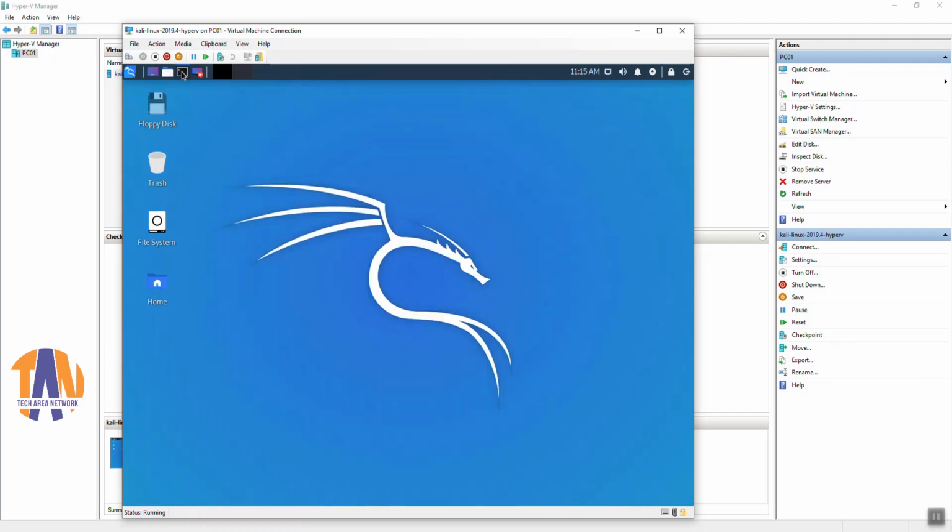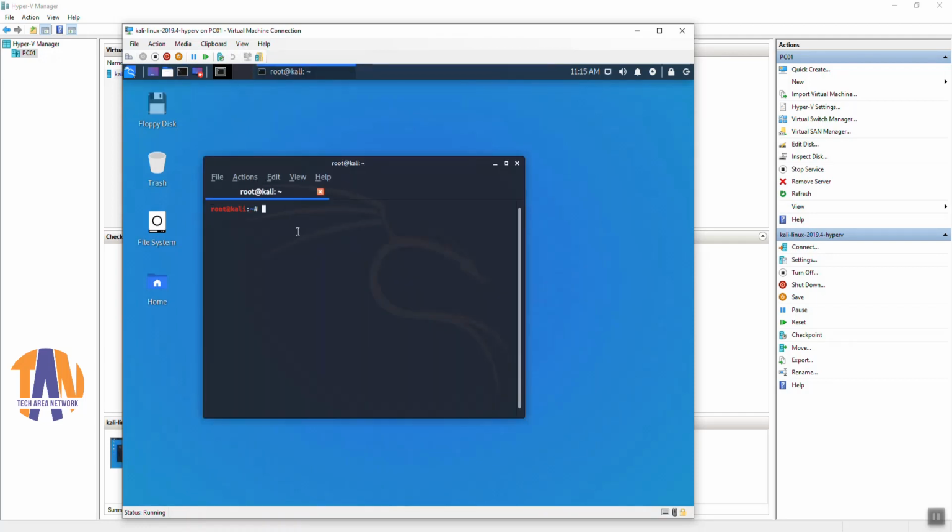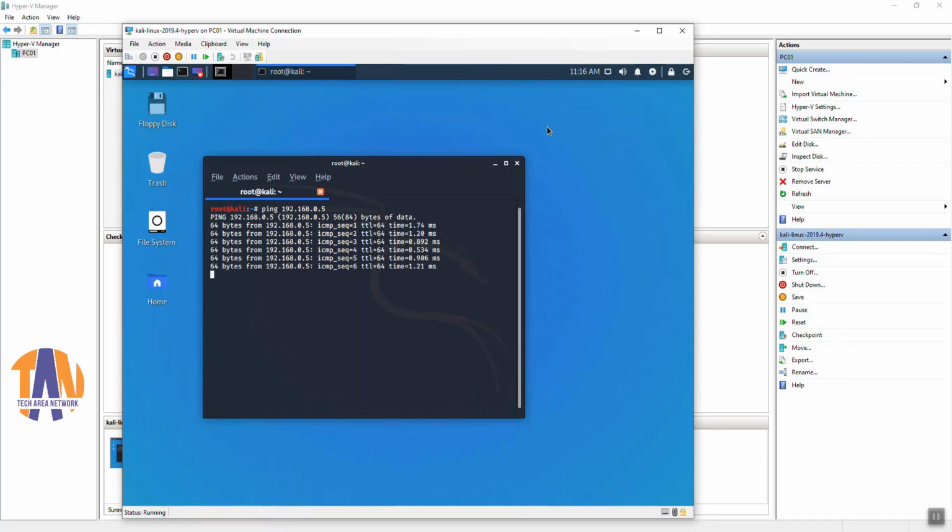As I have assigned the IP address to this VM as per my network, let's try to communicate with another device on the same network. So guys, I can reach that device. These are some basic configurations I have done so far. You can do a lot more things with this VM.